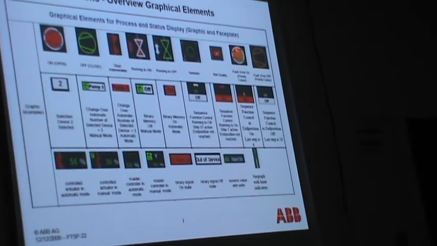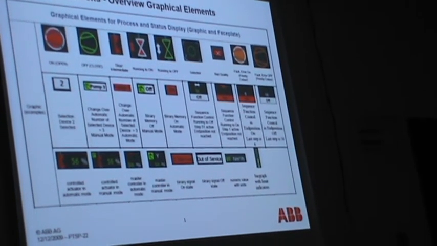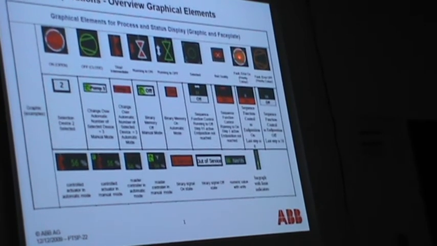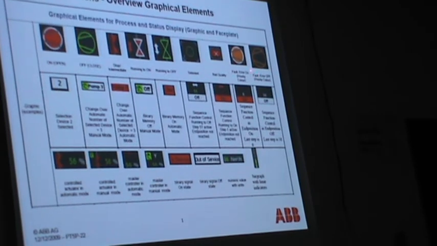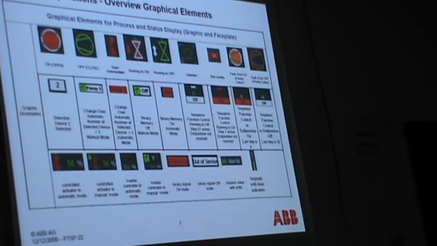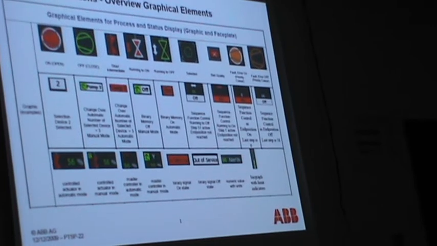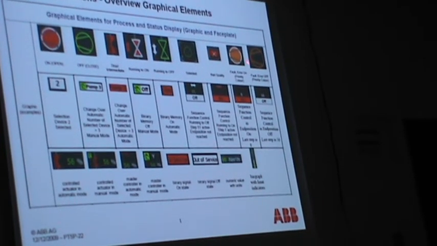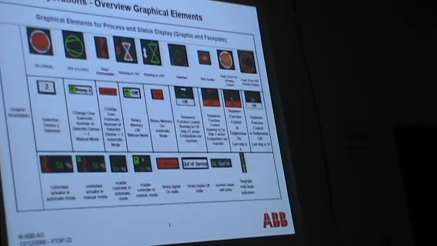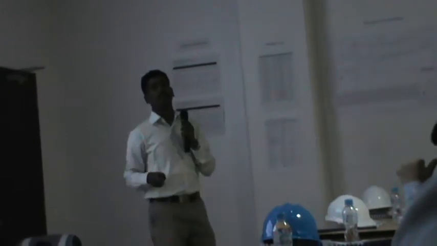And for the pump, suppose the pump is running with alarm, you will get the indication like this. If it is off condition, and this is the second priority alarm. I am not talking about the first priority. First priority will be the yellow color and the second priority alarms will be this color, in the stop condition and the running condition. Third priority also this color? No, trip condition is grey color. Grey, third priority colors. This is tripped, but because of what tripped? Maybe the transmitter will show you the first priority alarm, yellow color. Because of the transmitter value, the pump is tripped. So the transmitter, which was the reason, will show you in the yellow color.